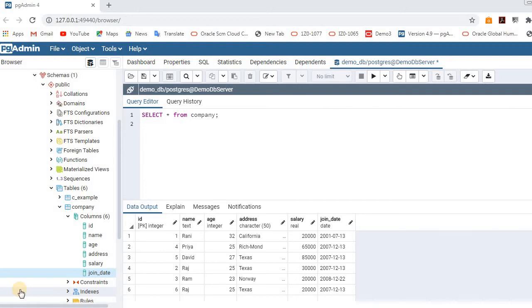Hello, today we are going to learn about the group by and having clause. How do we perform group by and having clause on select queries? While retrieving the data, what are all the conditions we can apply by using group by and having? That is what we are going to learn today.